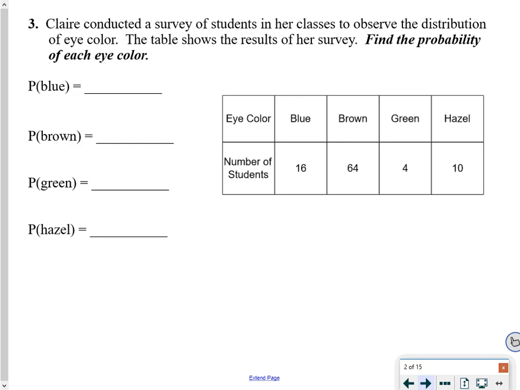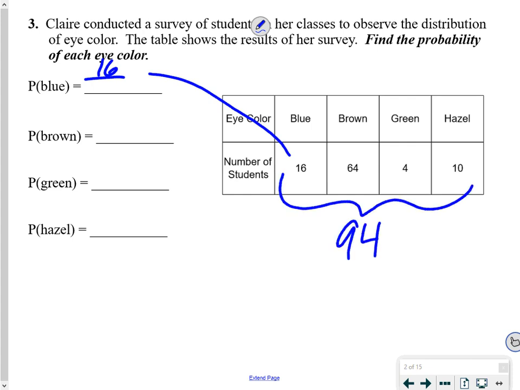In example 3, Claire conducted a survey of students in her classes to observe the distribution of eye color. The table shows the results of her survey. So we want to find the probability of each color, or rather, if she selected one random person from this survey, what's the probability that their eyes would be blue? Really simply, we figure out how many people had blue eyes. That was 16 out of the total amount of people that were surveyed. To get the total, we just add them up. We get 94. So that'd be 16 out of the 94 have blue eyes,